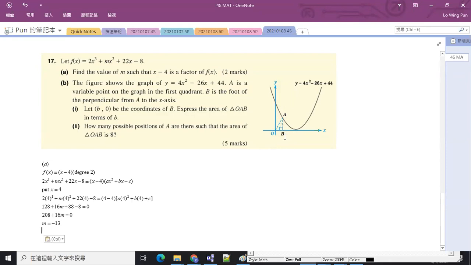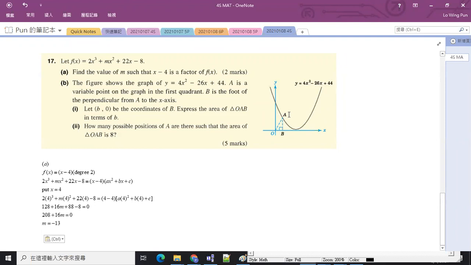Okay, so the x coordinate of B is small letter b, which means that the x coordinate of A is also small letter b. 但係點樣計埋個 y 坐標出嚟咧？我哋代翻 A 點嘅 x 坐標入去呢條式嗰度，因為 A 點咧係喺呢條 curve 上面噶嘛。我哋塞個 x 嘅數值入去，就係計到佢嘅 y 係幾多啦。